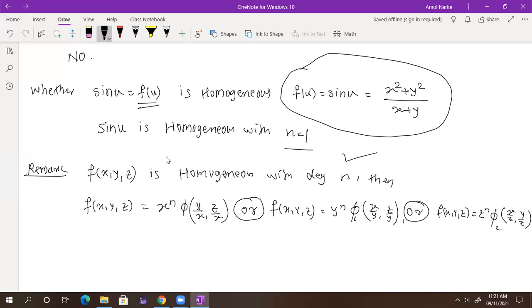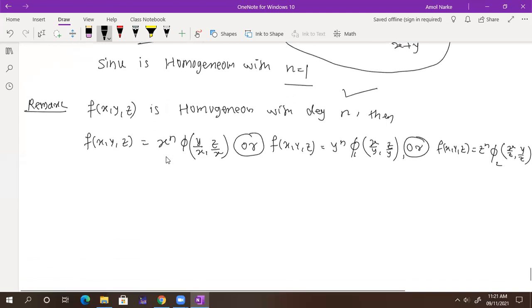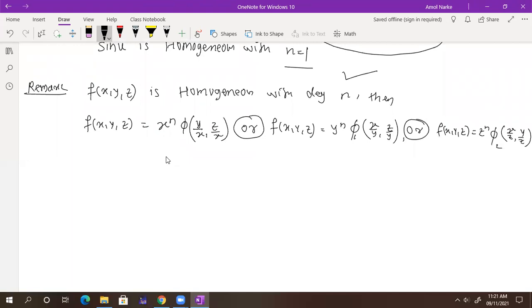Yes, sir. If it is in three variables, right now we have it for two variables, no? So we may ask one question: given a function f of x, y, z, a very simple function, tell me whether it is homogeneous or not. So you need to check it out. This is the definition. And mostly we have examples on two variables only. So now we will start with Euler's theorem.